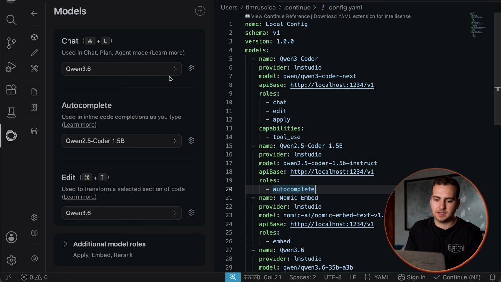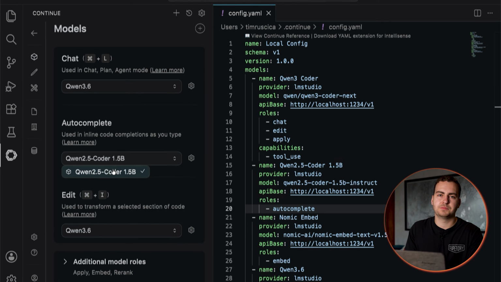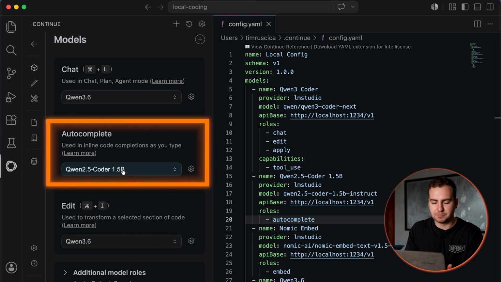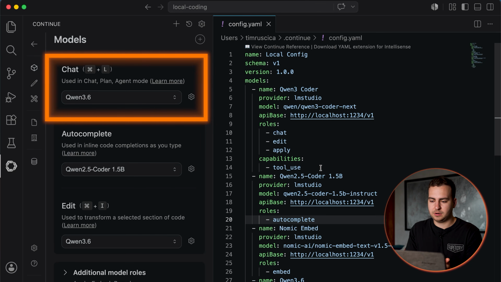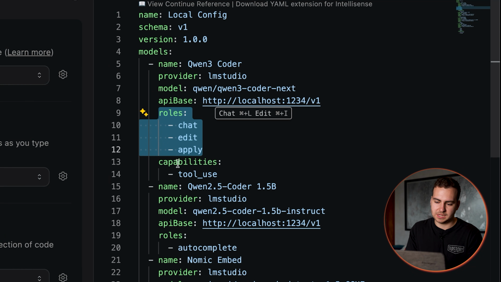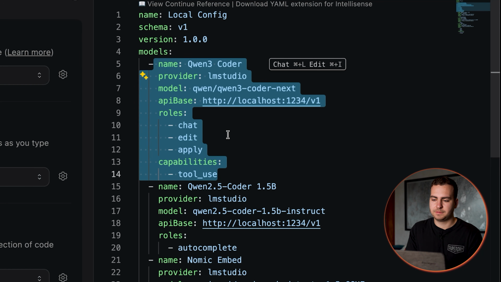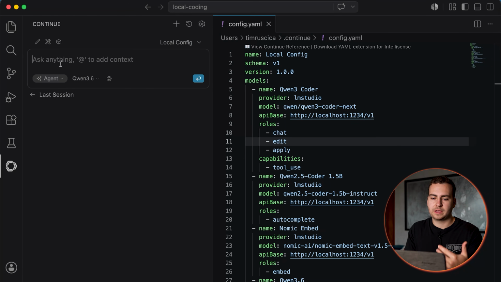And if you come back here now, you can set this autocomplete model. If you set this autocomplete model, now when you're typing inside of VS Code, it's going to use that for the automatic completions. For the chat, you can also add your own chat model here, and then make sure that you add these roles and capabilities like I have here: chat, edit, apply, and then tool use. Again, you can literally copy the configuration that I have, and then that will work in this chat window